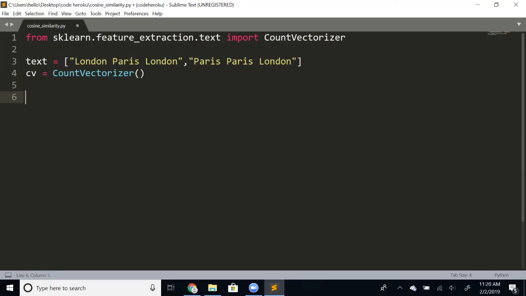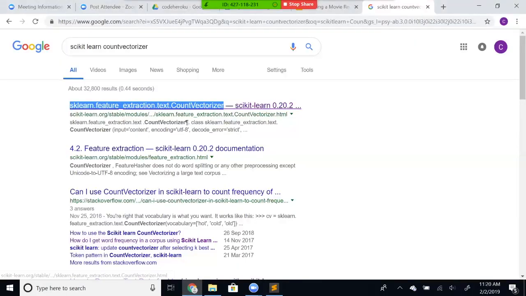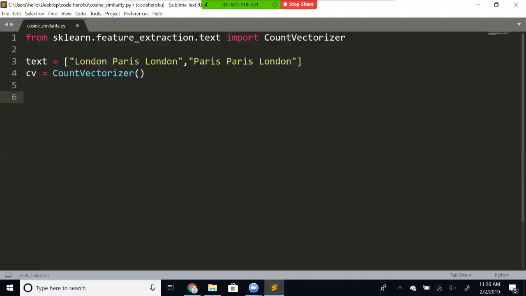I wanted to show you the documentation for CountVectorizer, but unfortunately it's not coming up. There is a method in there which is fit and fit transform. There are two methods of this class, and we're going to use the fit transform method to count the number of texts. So we're going to say count matrix is equal to